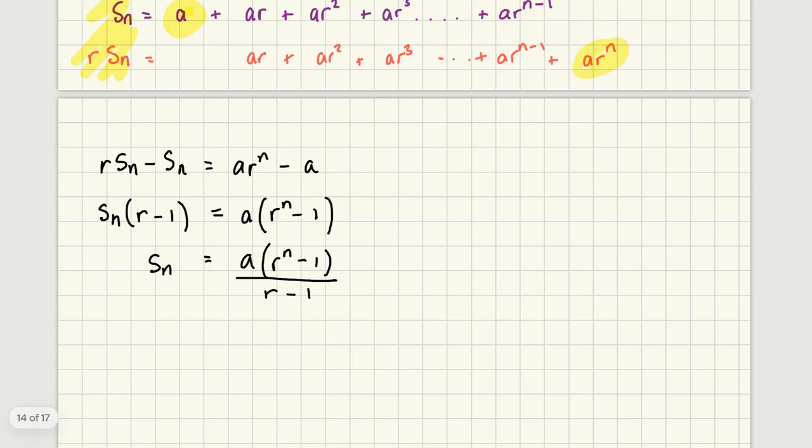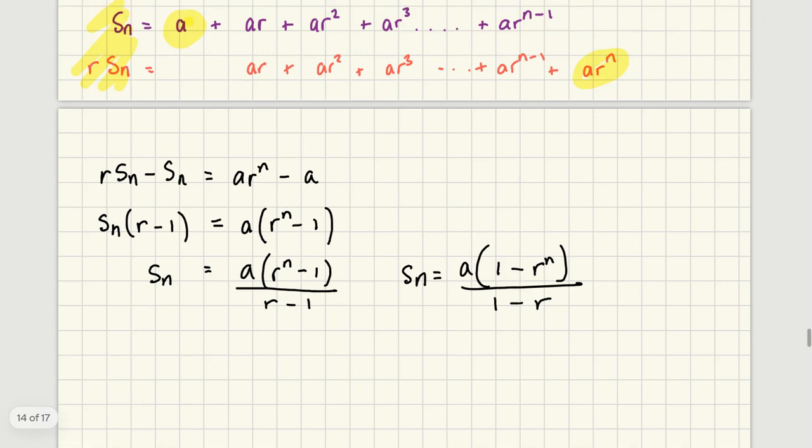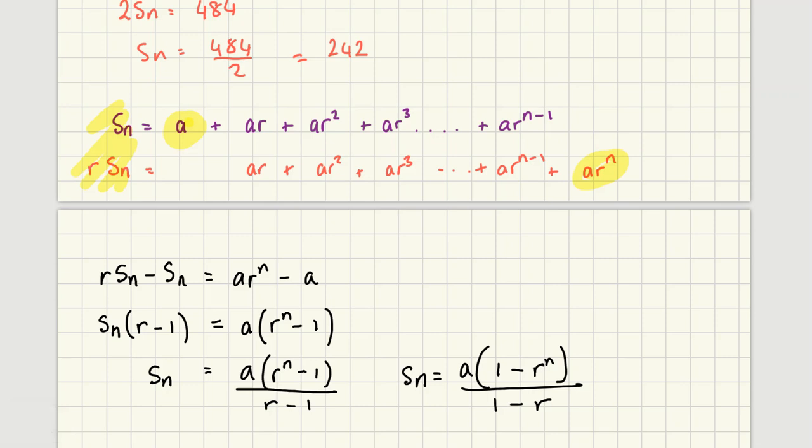No. There was another version which is Sn is A times 1 minus R to the N over 1 minus R. Now that makes perfect sense because if this is positive, this will be positive. If this is negative, this is negative. Negative divided by negative is still going to be positive. How would I have done this but ended up with this instead of this? Well, I subtracted this way around. What if I subtracted the other way around? What if I'd done